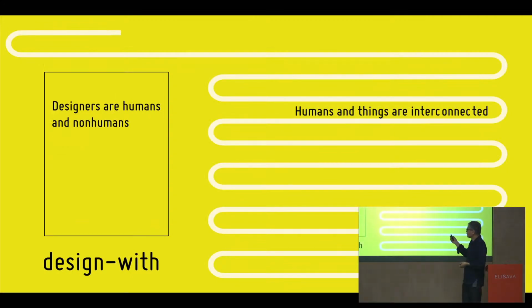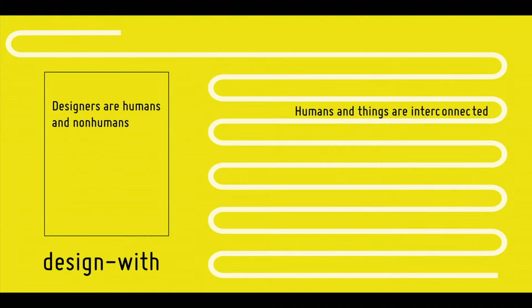So this means that in effect, we need to design with things that are not human and understand the agentic effects that those have, the way they transform the world as much as we do, and this co-shaping that happens. In a sense, we need to understand what it means to design when we are not in control and we don't fully know everything.